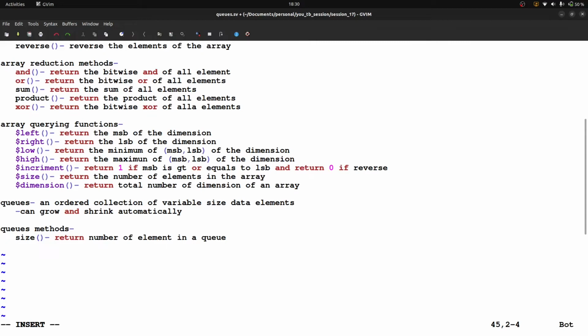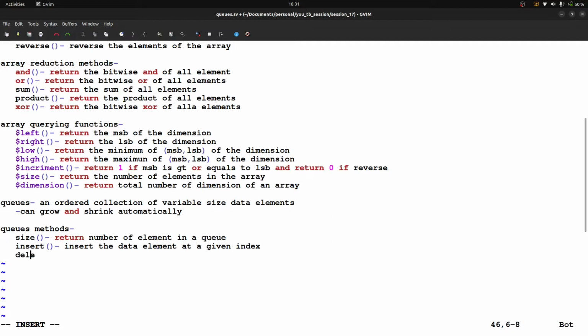Next one is insert. It is used to insert the data element at a given index. Means at any index I can insert a data element.